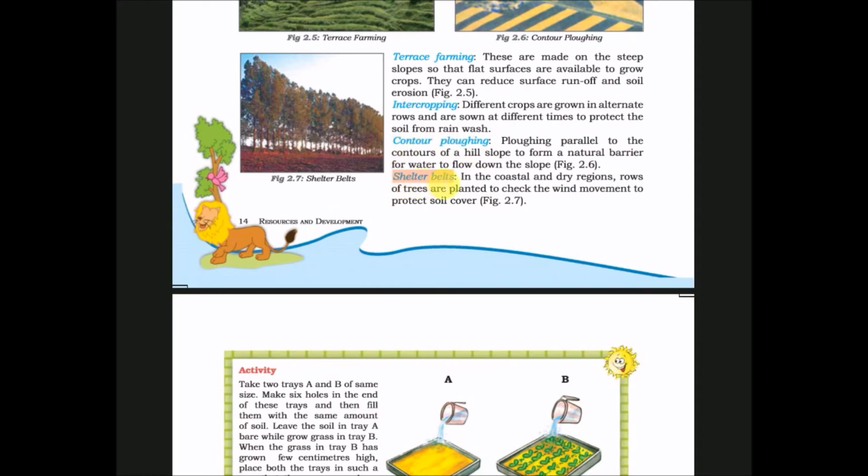And after that, shelter belts. These are the shelter belts. In coastal areas and dry regions, rows of trees are planted to check the wind movement to protect the soil cover. So they grow some trees at the end of their field to prevent the wind